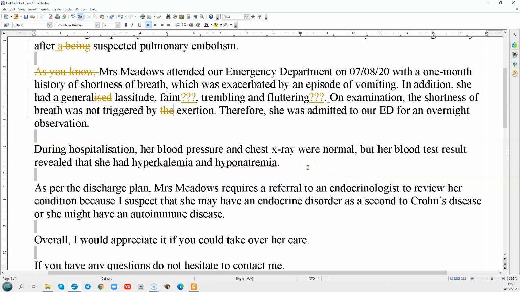During hospitalisation, the blood pressure and chest X-ray were normal. Test result. Okay. As per the discharge plan. So,